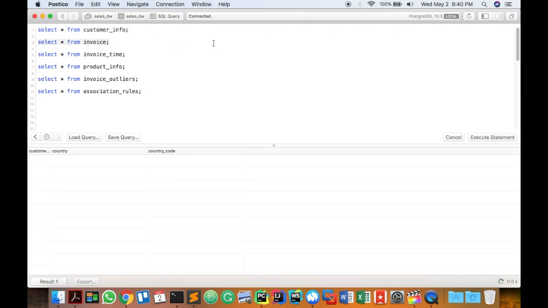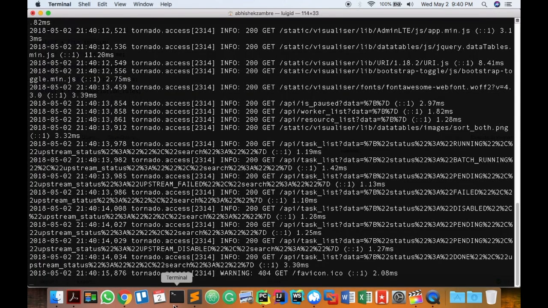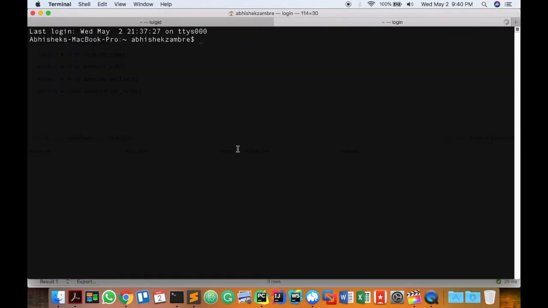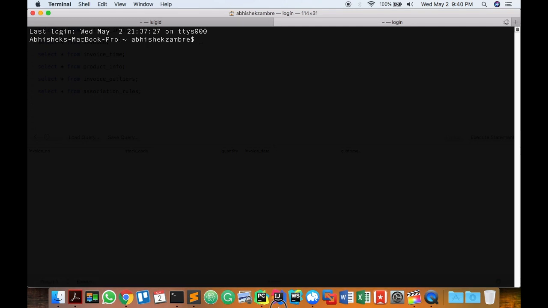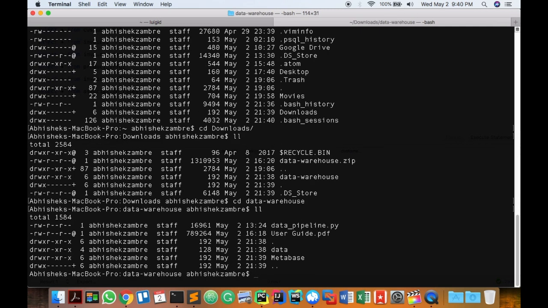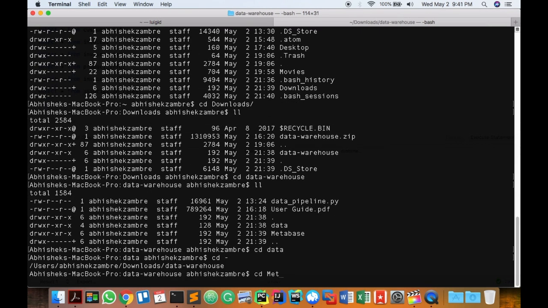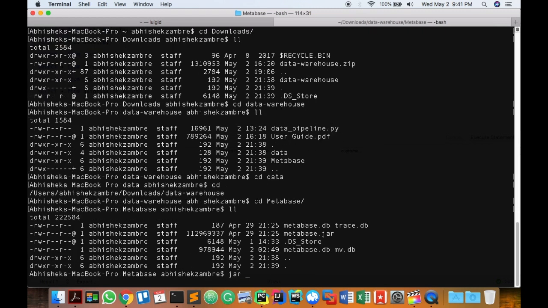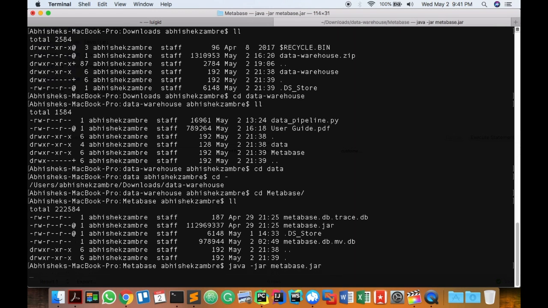As you can see, there is no data inside. So the daemon is up, our database is up. Next thing is we will also keep our Metabase instance up as well. This command you can use to start the server.